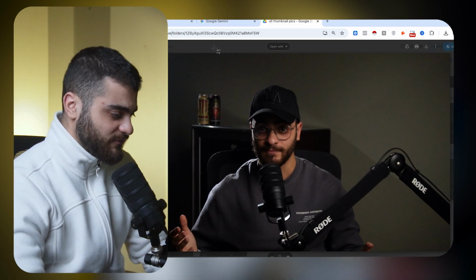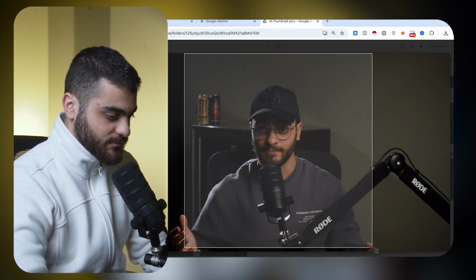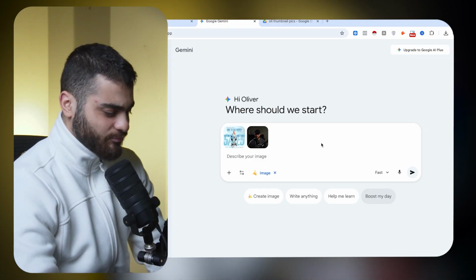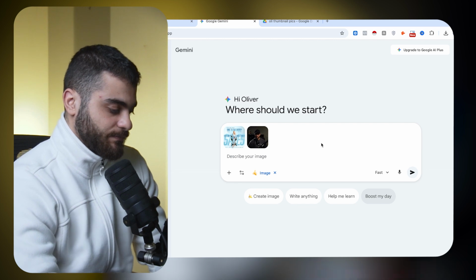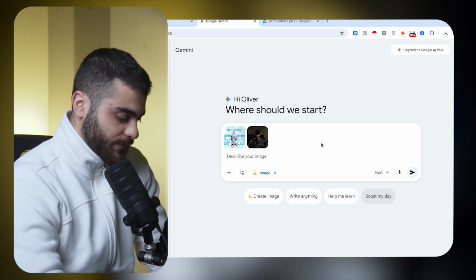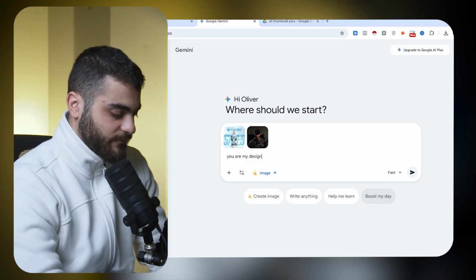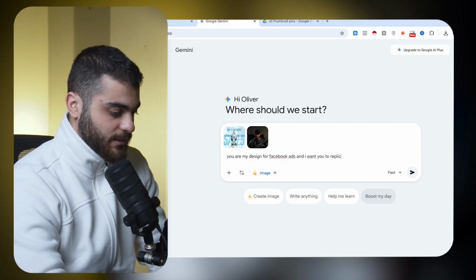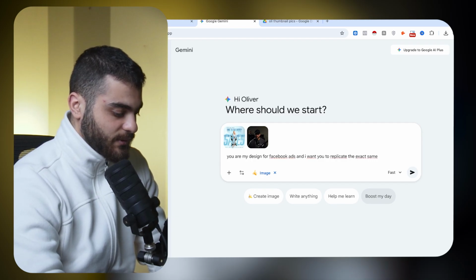The second step would obviously go and choose our face. We just got a photo of ourselves. I'm just going to crop this because I only want to use this section. And now the second step, after we've done our research, we got our inspiration, we just want to start doing the prompting. In terms of prompting, it's very simple. You just talk to the AI as follow. You are my designer for Facebook ads, and I want you to replicate the exact same design as the reference